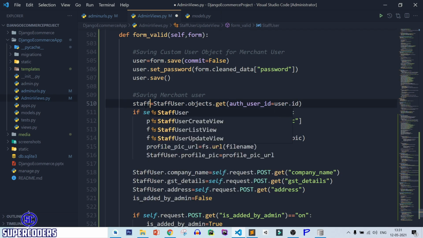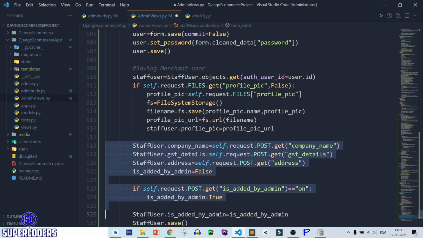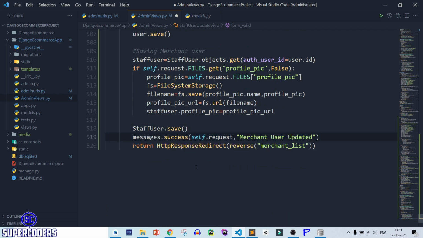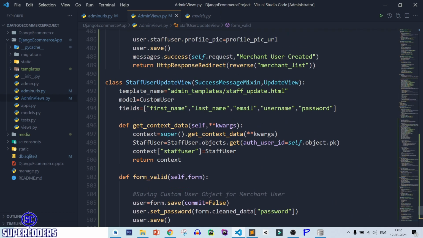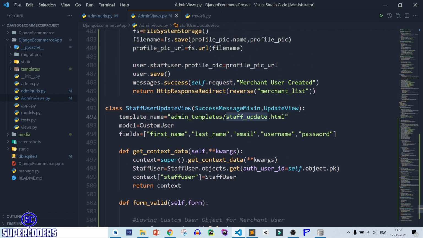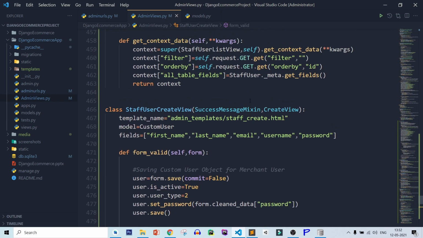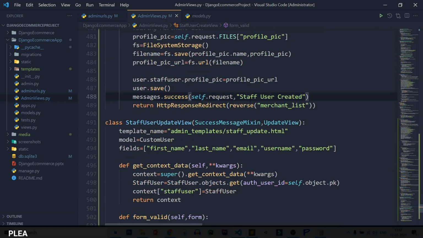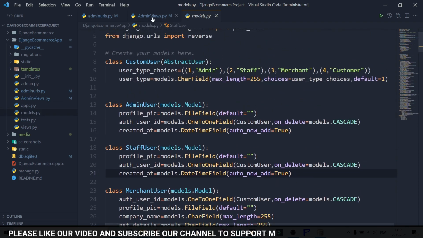Here change it to small letters, staff user, and we don't need to set company GST added by admin. All this remove it, staff user updated, staff list, save it, staff update, staff user created. So all has been done. Let's see one more thing. Here everything has been done.